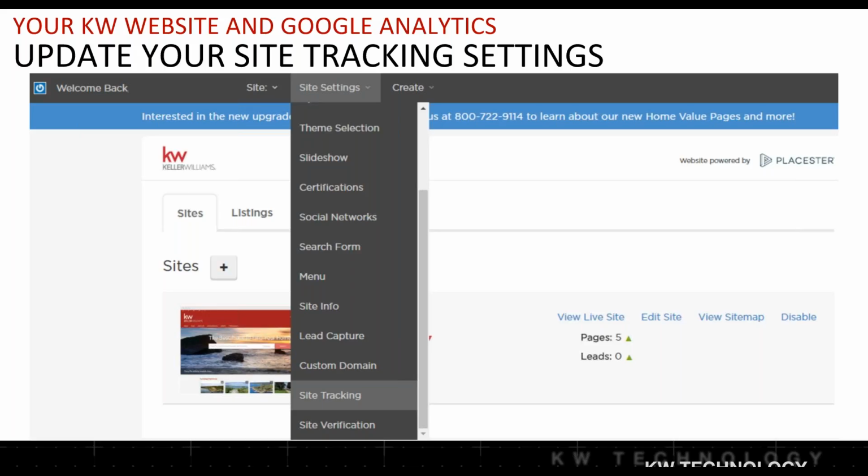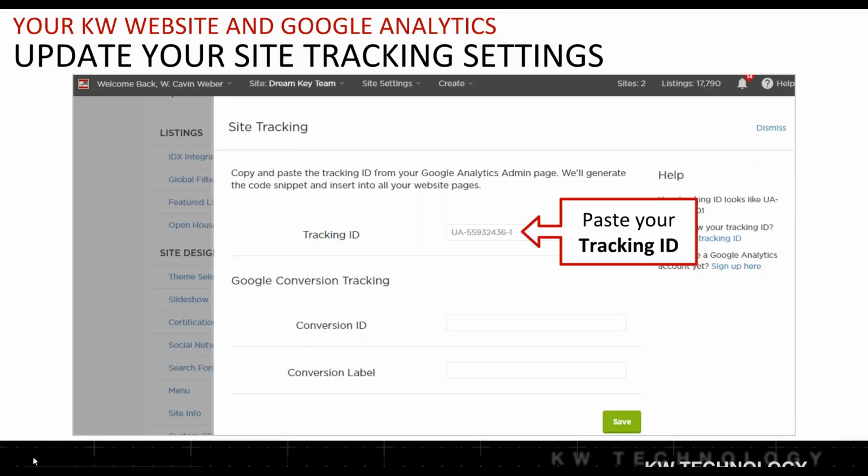So you've got your tracking ID copied. Now you'll log in to your KW website. Once you're in your KW website admin screen, you'll go to your site settings menu and select the site tracking option, which is near the bottom of that menu. That is going to bring you to your site tracking page. All you do is simply put your cursor in the tracking ID field and paste in the code that you copied from your Google Analytics account. It is that simple. Once you click Save at the bottom of the screen,